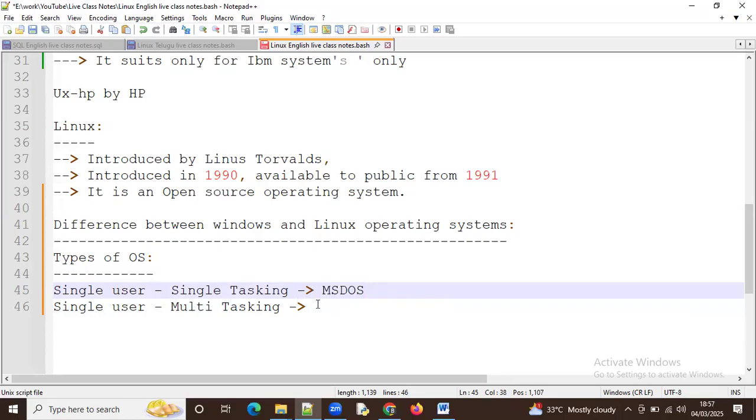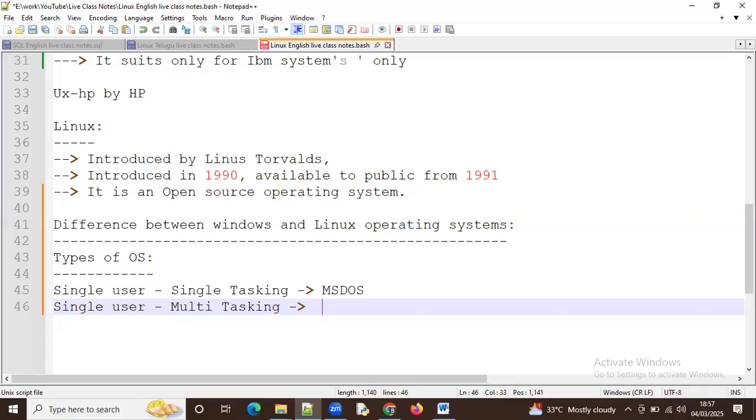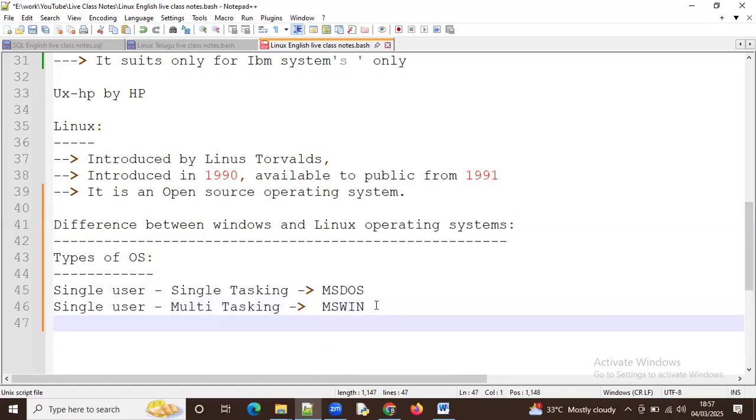And for single user with multitasking, the example is MS Windows. MS Win means Microsoft Windows. So here the single user must be single, but he can do multiple tasks. And the third one,